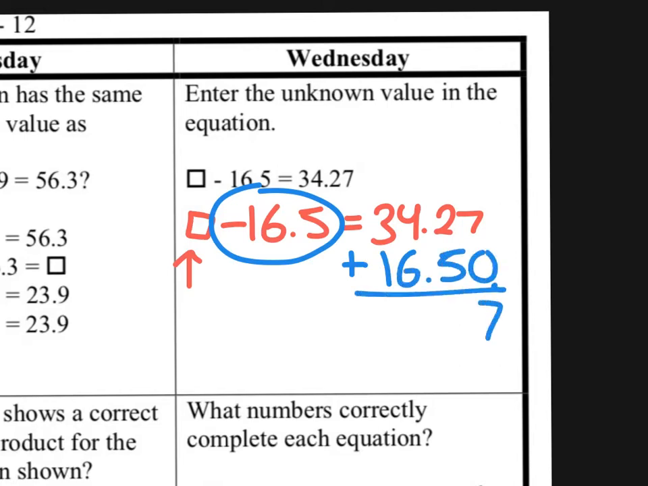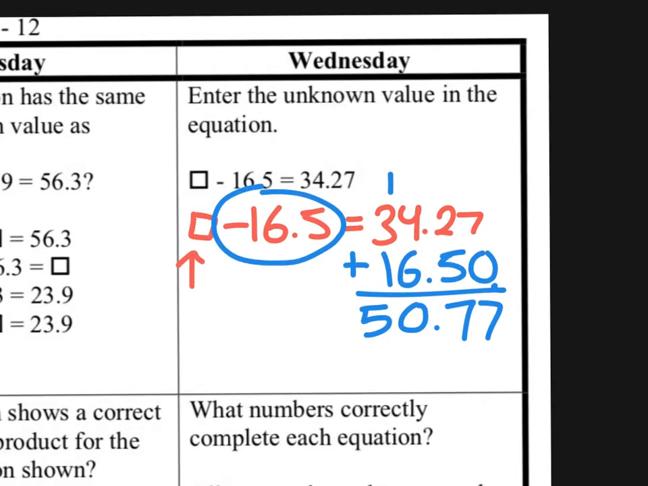7 plus 0 is 7. 2 plus 5 makes 7. Decimal goes straight down. 4 plus 6 makes 10. Carry the 1. 1 plus 3 is 4. 4 plus 1 makes 5. So we know the square has to be 50.77. And if we want to prove it, we can do 50.77 on the side